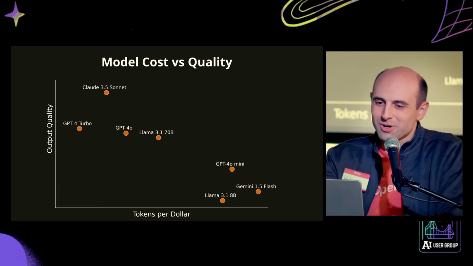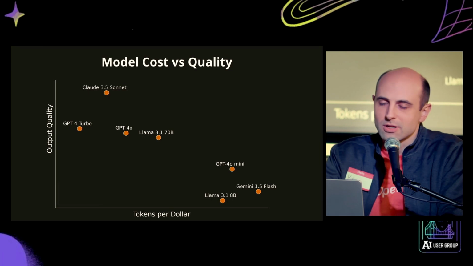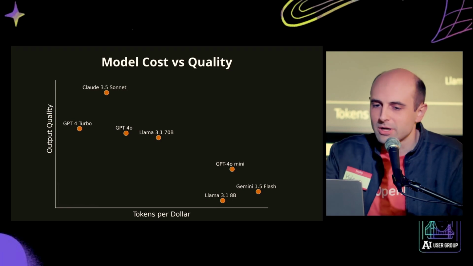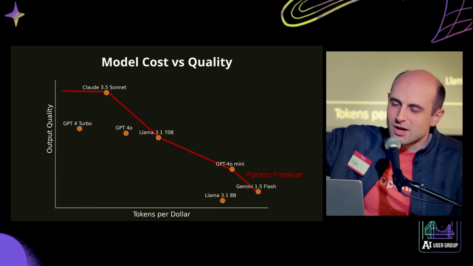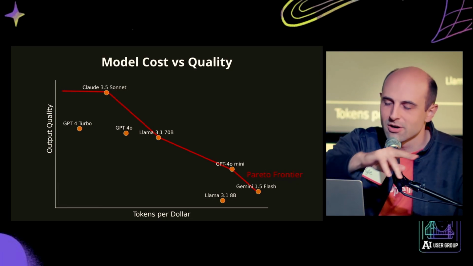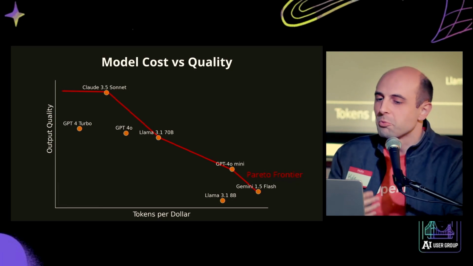The disadvantage, of course, as we're seeing in the other axis, is generally as you get to the smaller models, you're getting less intelligence. You're getting a model that's not as good on the quality. Okay, so this is a very general trade-off, and we can actually draw on top of this chart. We can draw this nice Pareto frontier, which is: for a given amount of money I can spend, what is the best model, right?